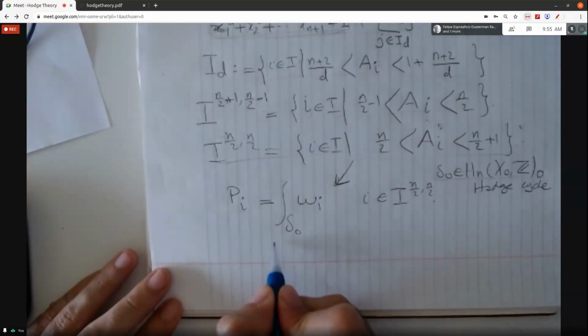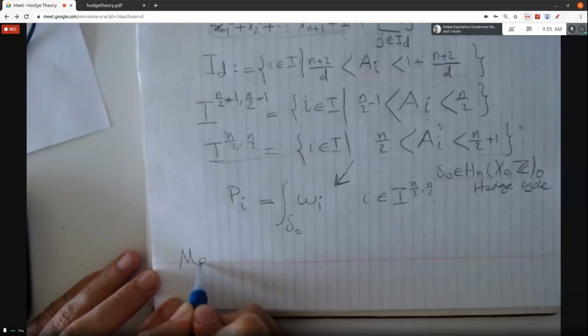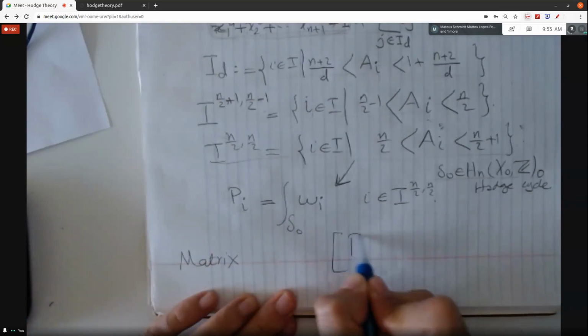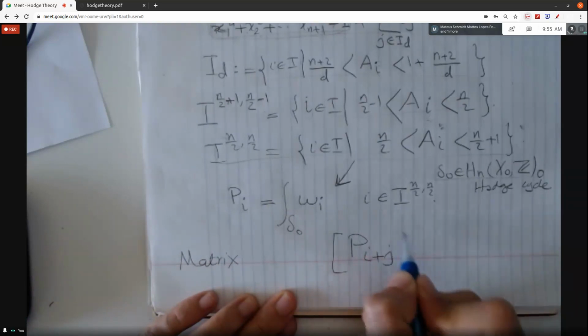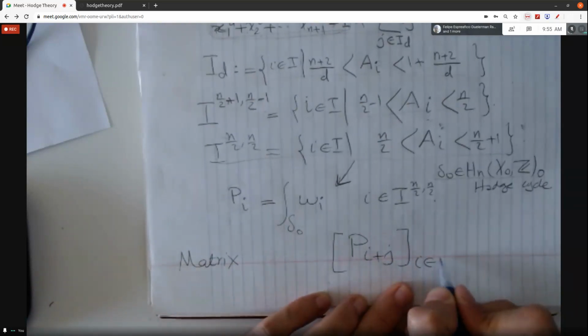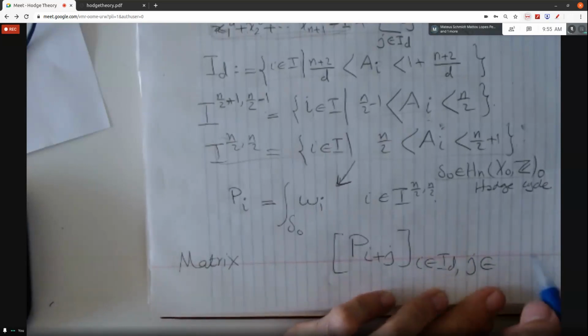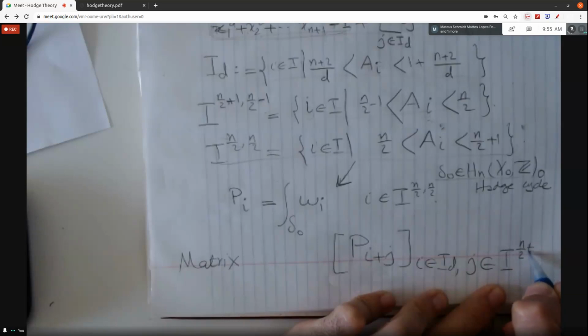I will define a matrix. I will just prepare the ground: P_{I+J}, I in I_d, J in I_{n/2+1, n/2-1}. Anyway,